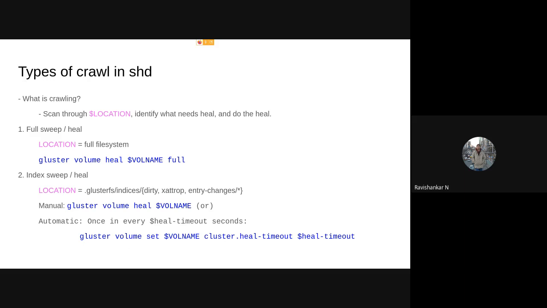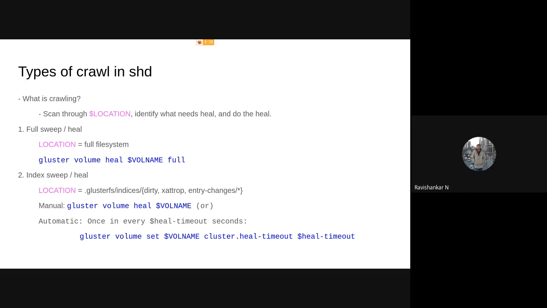There are two types of crawling: one is full sweep, the other is index sweep. The difference between the two is the location that is scanned for what needs to be healed. For full sweep, the location is basically the full file system, like the name implies.